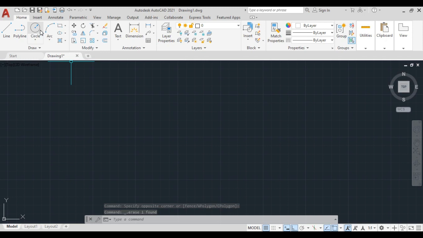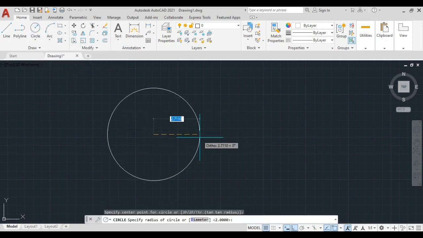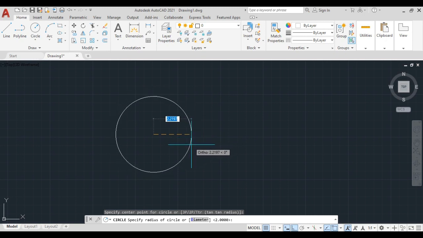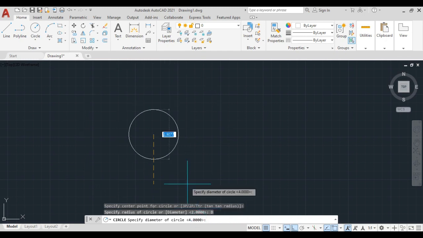Now again we take a circle and draw a circle, but this time we put in the diameter value. Here you can see the diameter option. Click over here and now give the diameter. I'll give 4. Press enter.